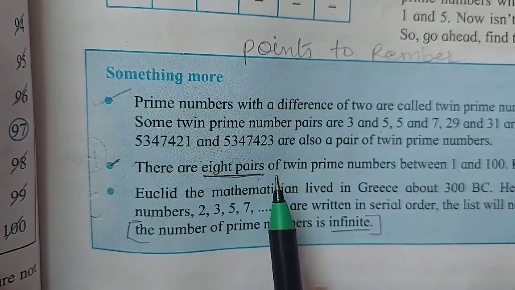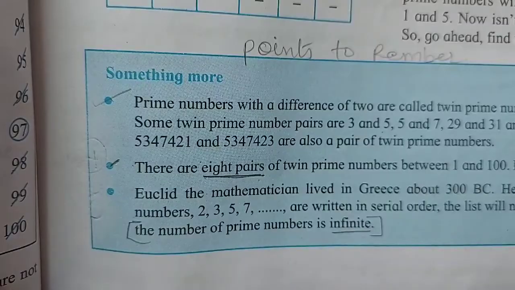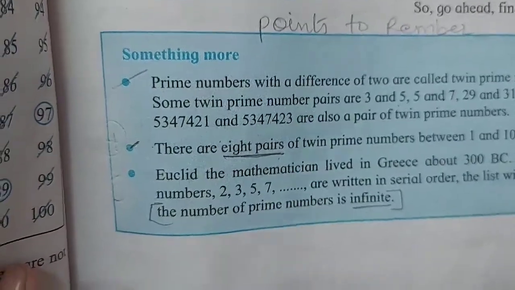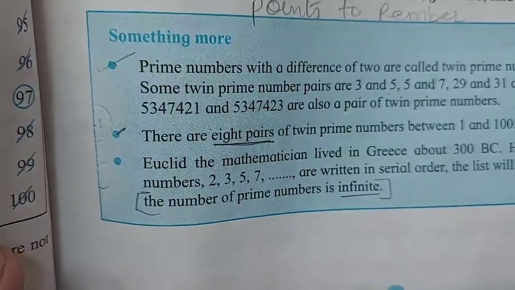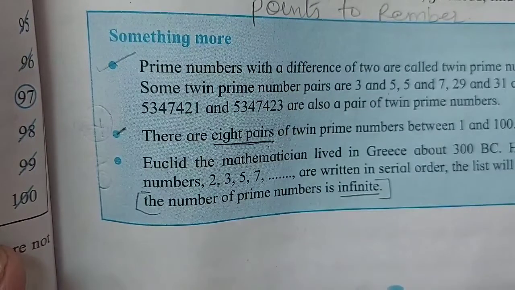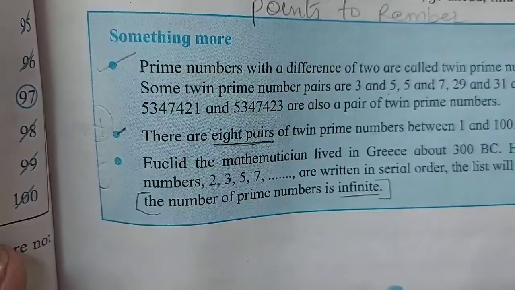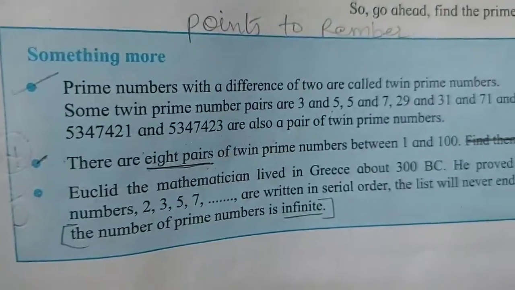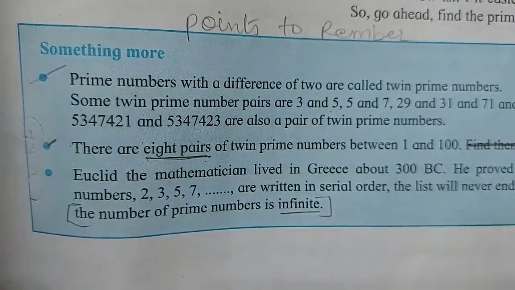Right children? So I hope you all have understood the lesson well. With this, we have completed problem set number 35. Now, the remaining 3 sums which I have given you as homework, you have to do on your own. If you are not able to understand or solve it on your own, please let me know. I'll do it for you all.